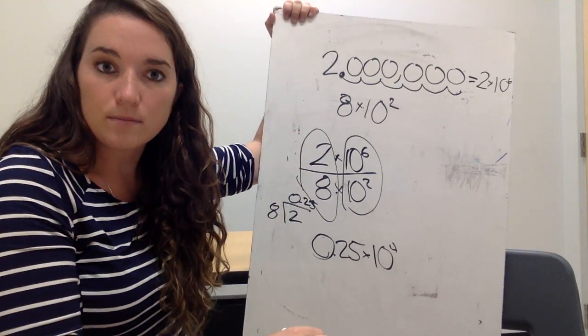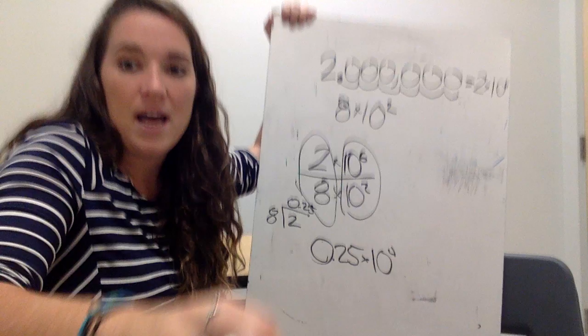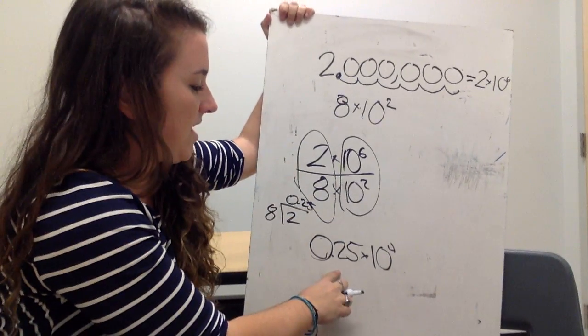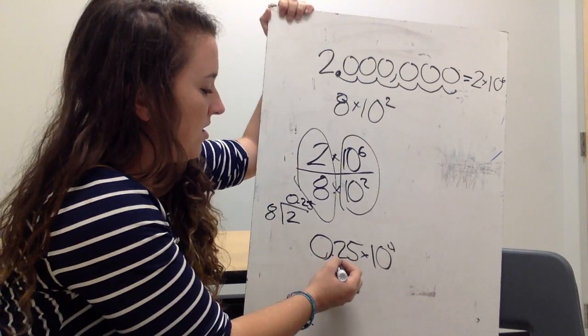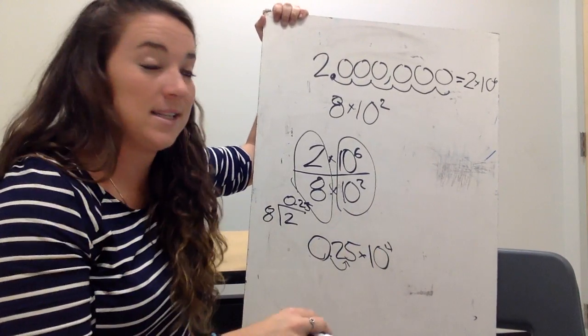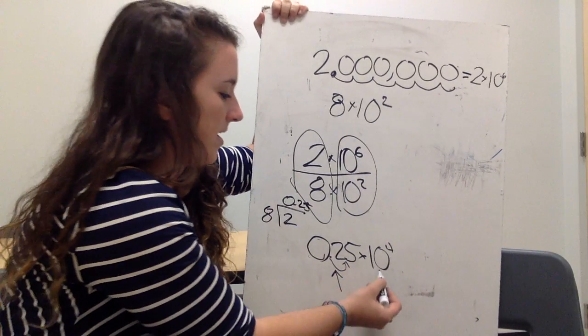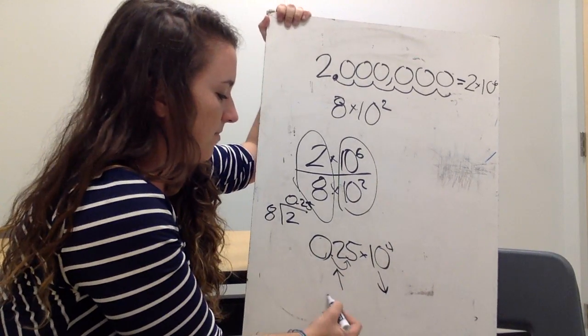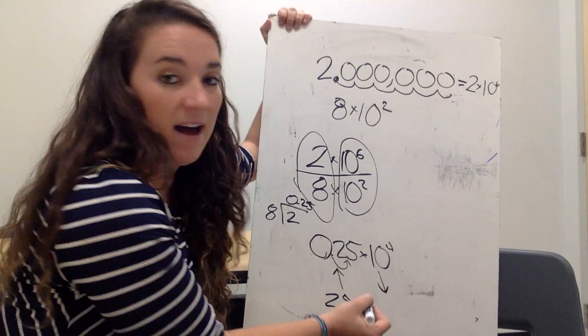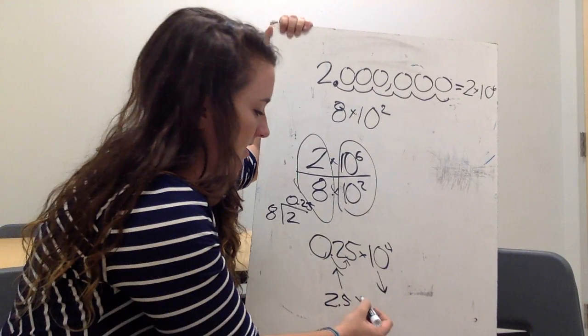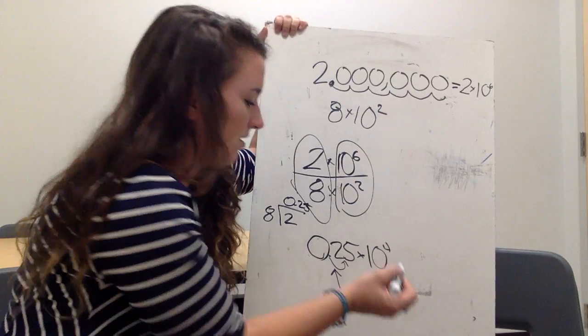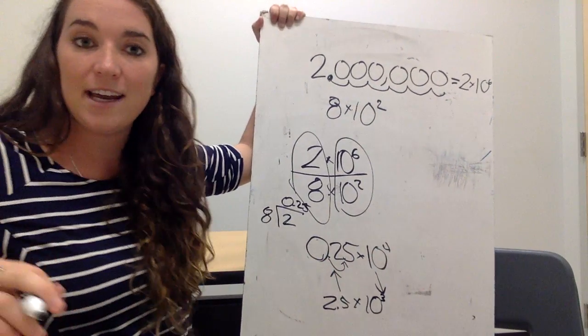Am I done? Nope, I need to change this so that it's between 1 and 9. So I need to move the exponent once that way. Did I just make the number bigger or smaller? I made it bigger, so I have to make this number smaller. So I'll have 2 and 5/10 times 10 to the third power, because I borrowed a 10 in order to